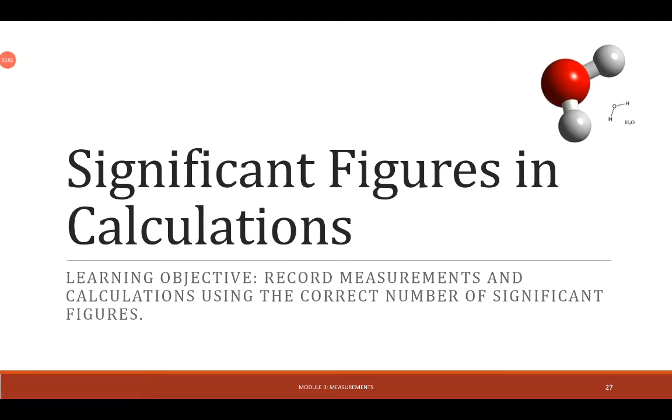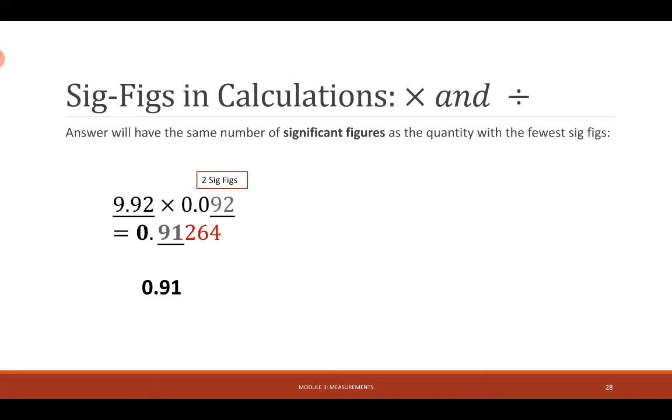In this video, we are going to be learning how to track our significant figures through calculations. This is part of our learning objective for recording measurements and calculations using the correct number of significant figures. We have two rules for tracking our significant figures through calculations. One is for multiplication and division, since those are inverse operations. And then we have a second significant figure rule for addition and subtraction, since those are also inverse operations, meaning